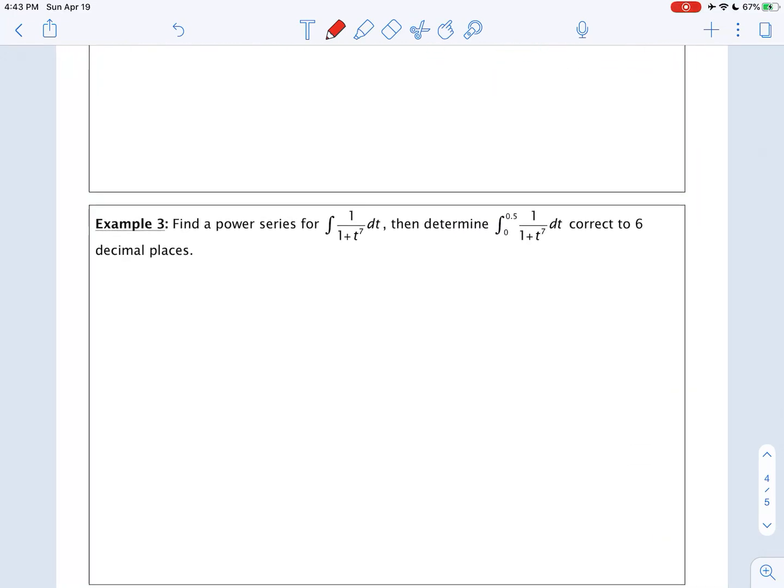I will do these two examples in another section when we go to applications of